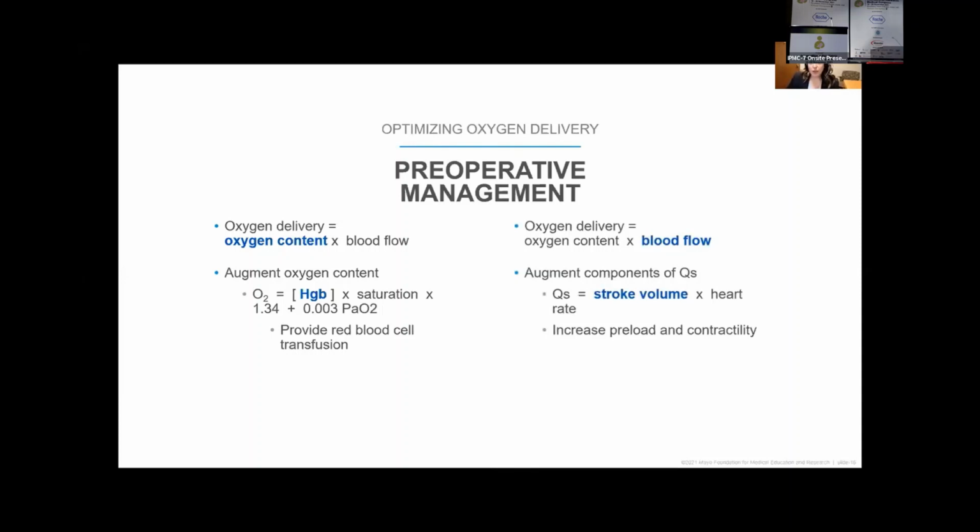On the other side of this equation is thinking about how we promote oxygen delivery through promoting blood flow. So this is where we really want to augment that systemic blood flow, or our QS. And our systemic blood flow is impacted both by stroke volume and heart rate. So we're going to think about promoting systemic blood flow by optimizing stroke volume, which we can do in two